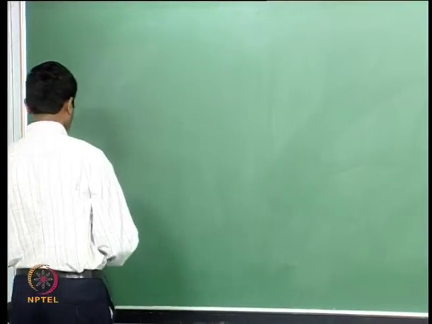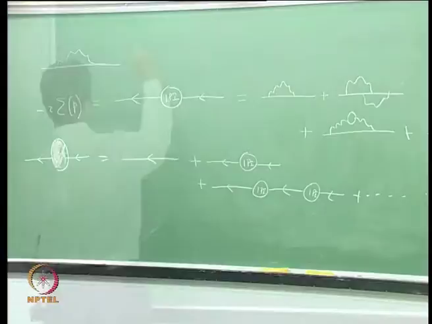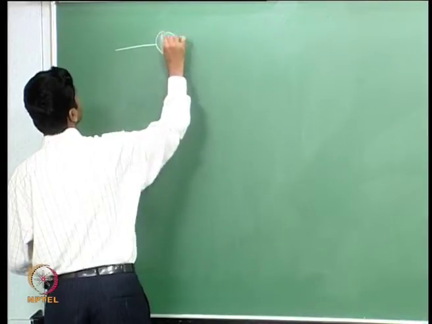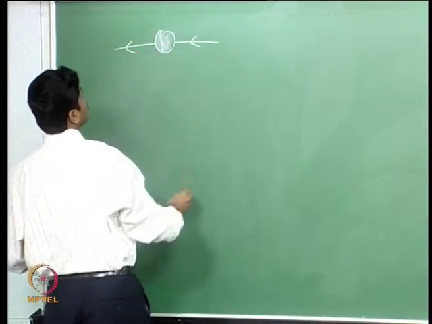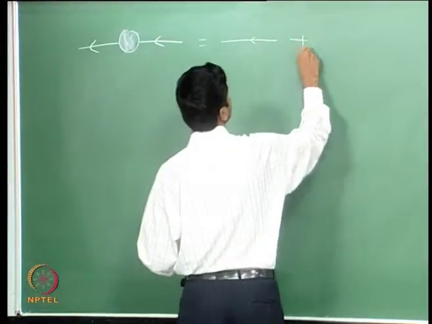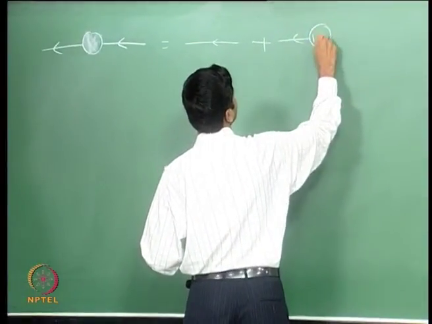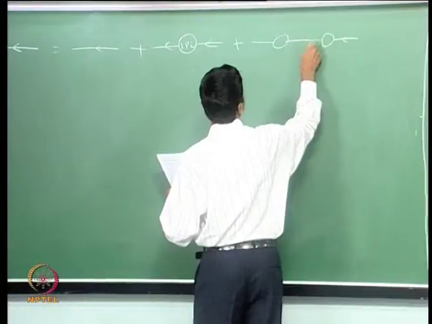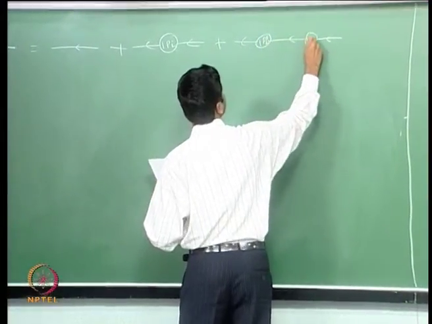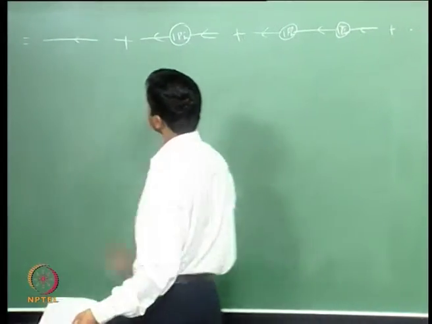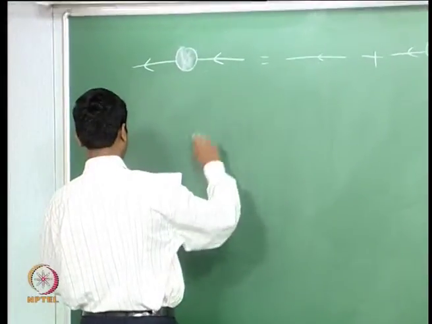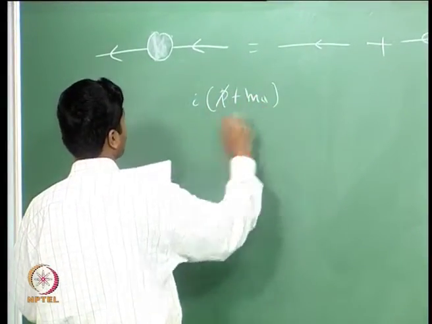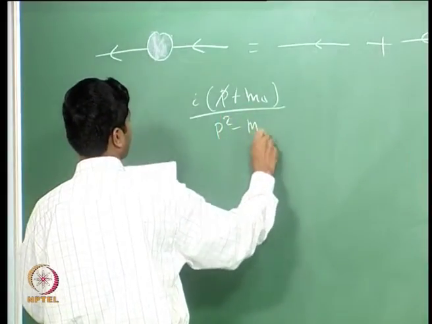So the tree level part, of course, we all know. To write it again, you have this, given by this plus, and so on. This quantity here is merely given by i (p slash plus m0) divided by (p square minus m0 square),